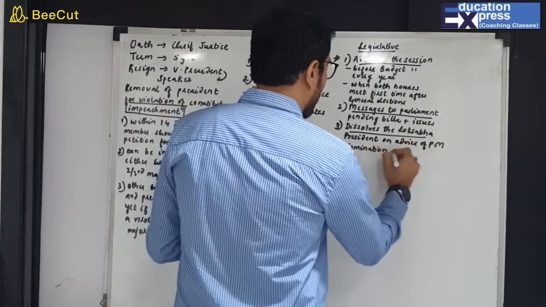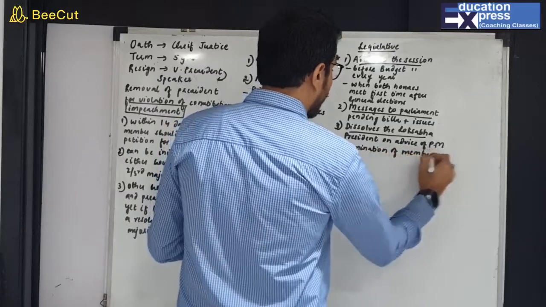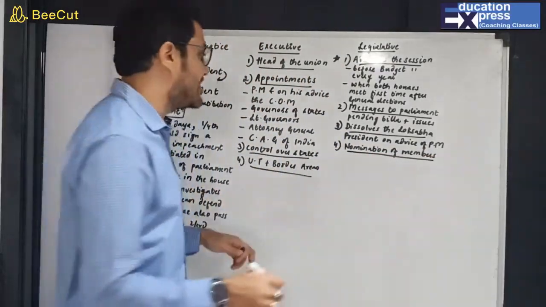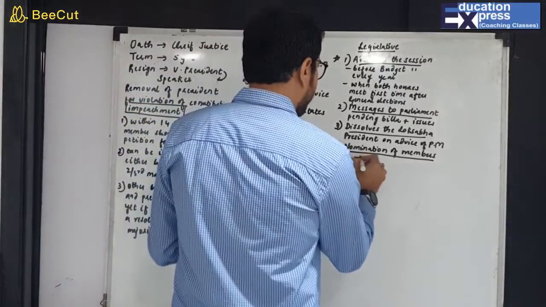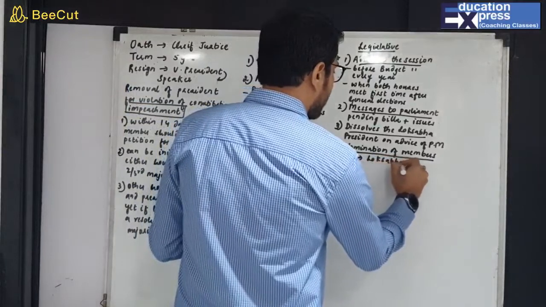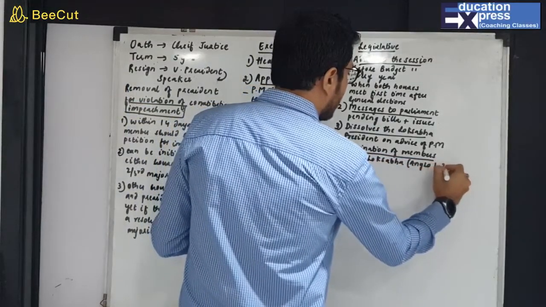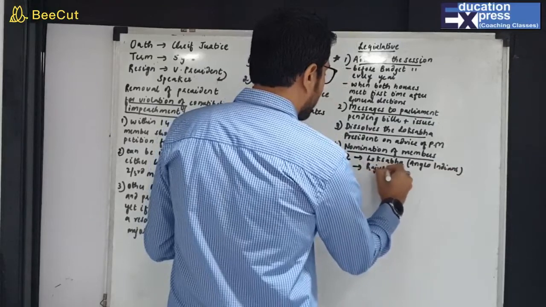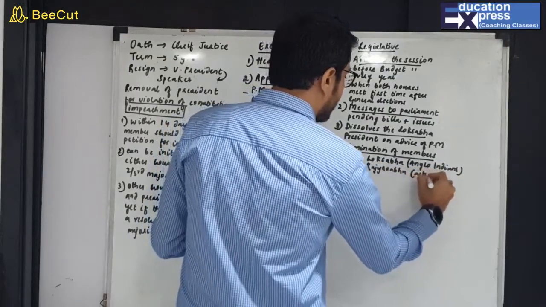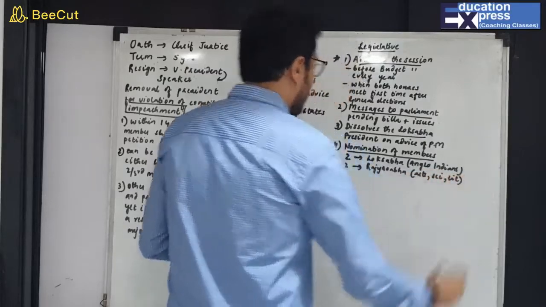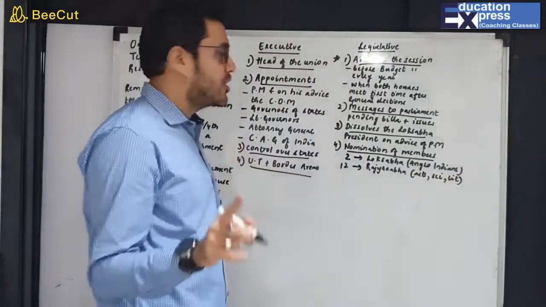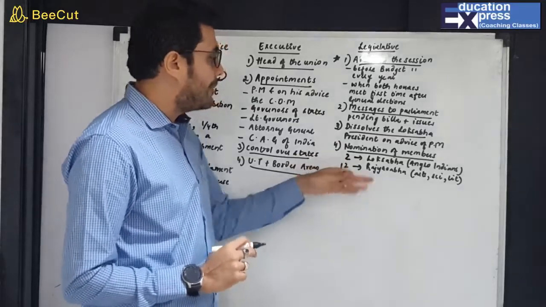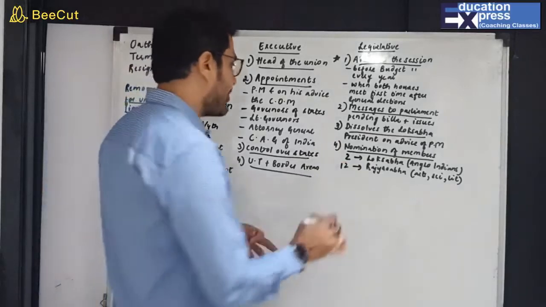Fourth one, nomination of members. How many members does the president nominate in the parliament? If you remember the first chapter, he nominates 2 members from the Anglo-Indian community in the Lok Sabha, and 12 members are nominated in the Rajya Sabha from the fields of art, science and literature. So who dissolves the Lok Sabha? President on the advice of the Prime Minister. Fifth point,